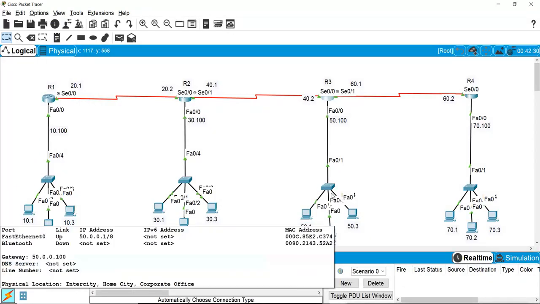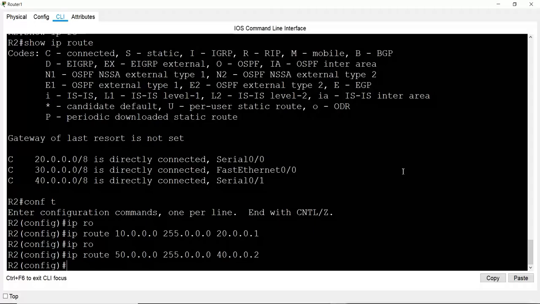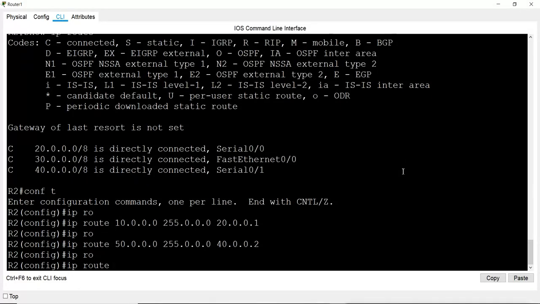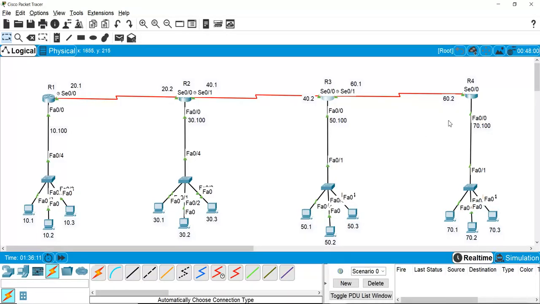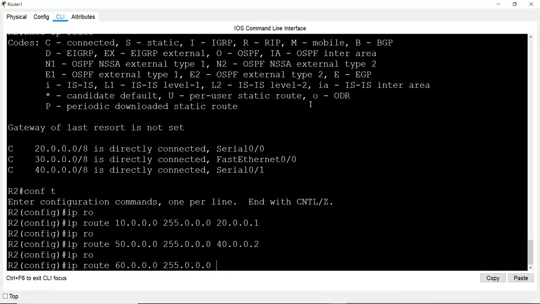Now 50 is done. Remaining are 60 and 70. So again, ip route 60. Again 60 is on this side, the first router is again router 3, and the interface will be the same, so the first hop address will be the same.